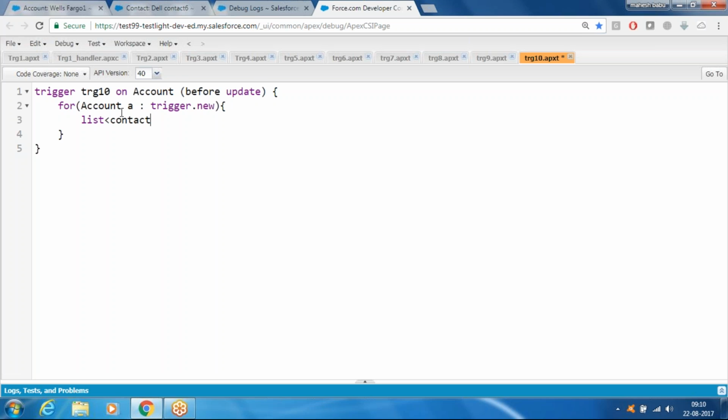List of contact, contact list equals to select id comma name comma description from contact where account id equals to colon a dot id. So we can query the account id also. So we have all the contacts here with the same account id,